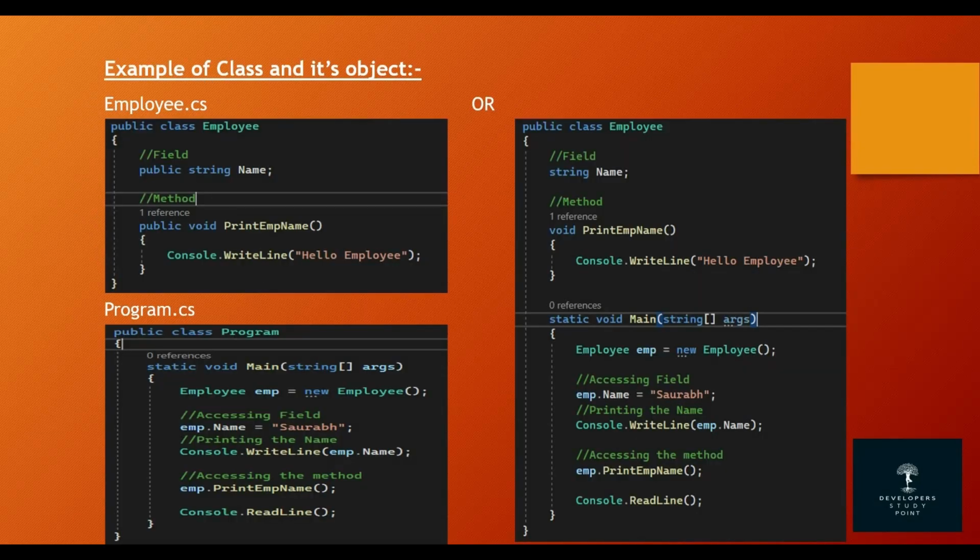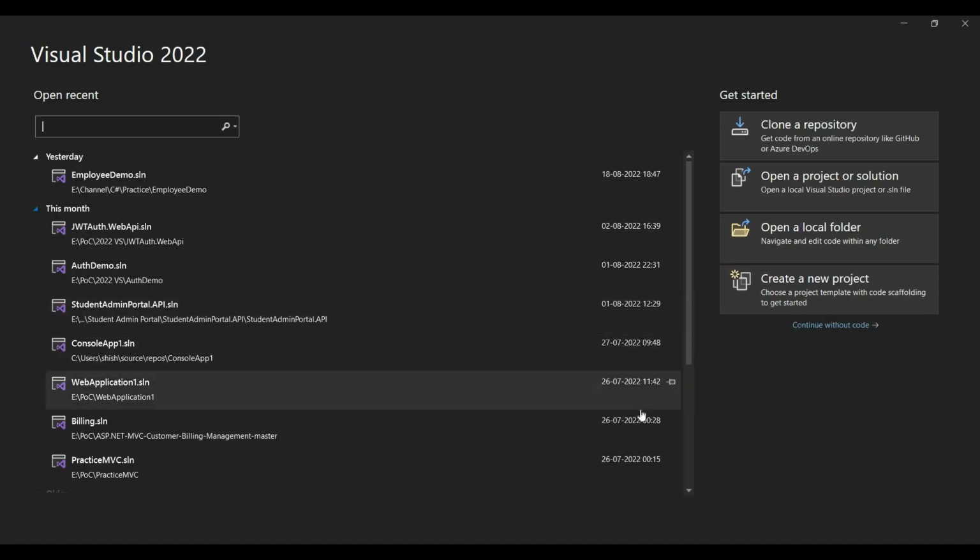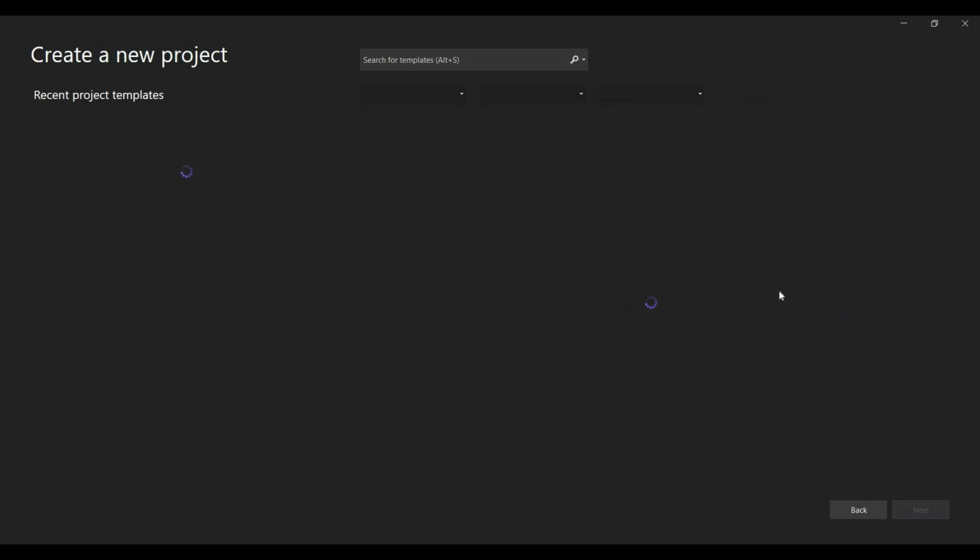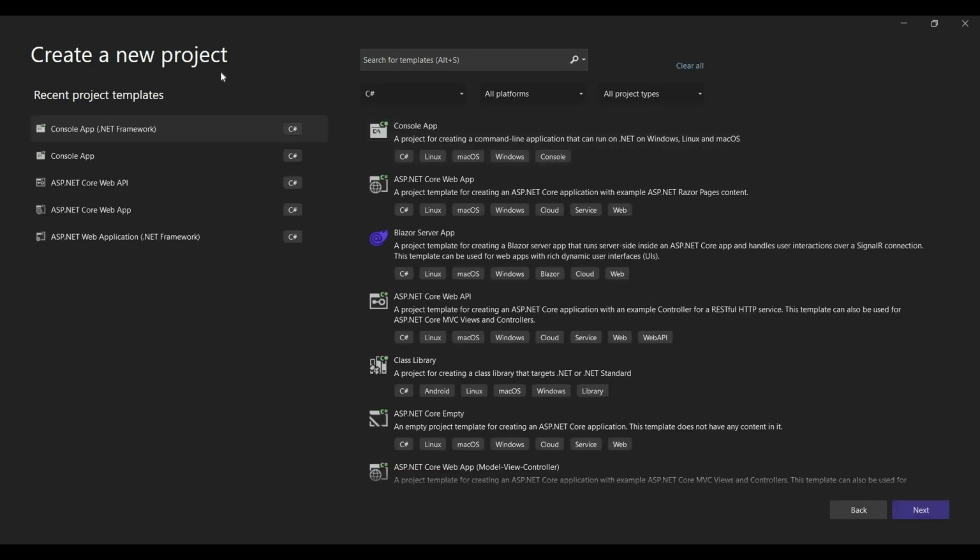Here are the examples I have provided. I will show you how we can create a class in our Visual Studio. When you open your Visual Studio, you can see this screen. Then click on Create a new project. Here you can see Create a new project. A lot of options have been provided. What we need to do is search